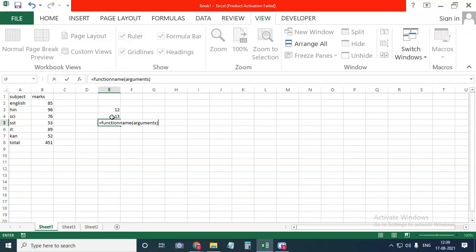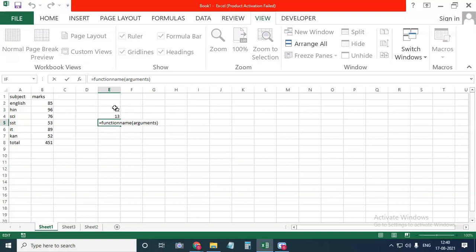If I want to find out the maximum number among these two numbers, I have to use max as a function name. If I want to find out the minimum number among these, I have to use min as a function name. So whatever you are going to perform, that function name you have to write, and in brackets, in parentheses, you have to write arguments or parameters. So which are the arguments or parameters here? Here I took 12 and 13. These two parameters you have to add in brackets.